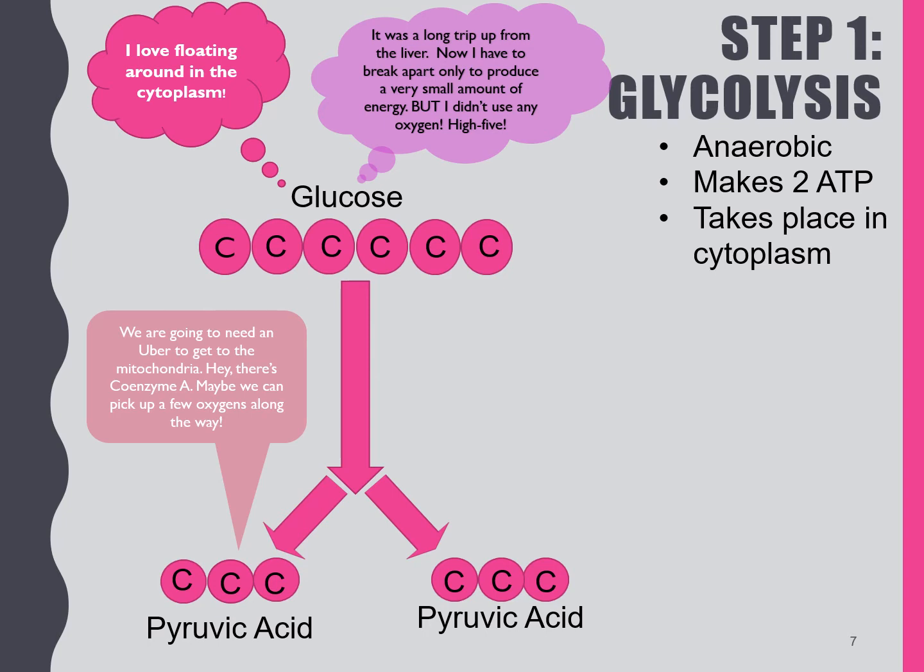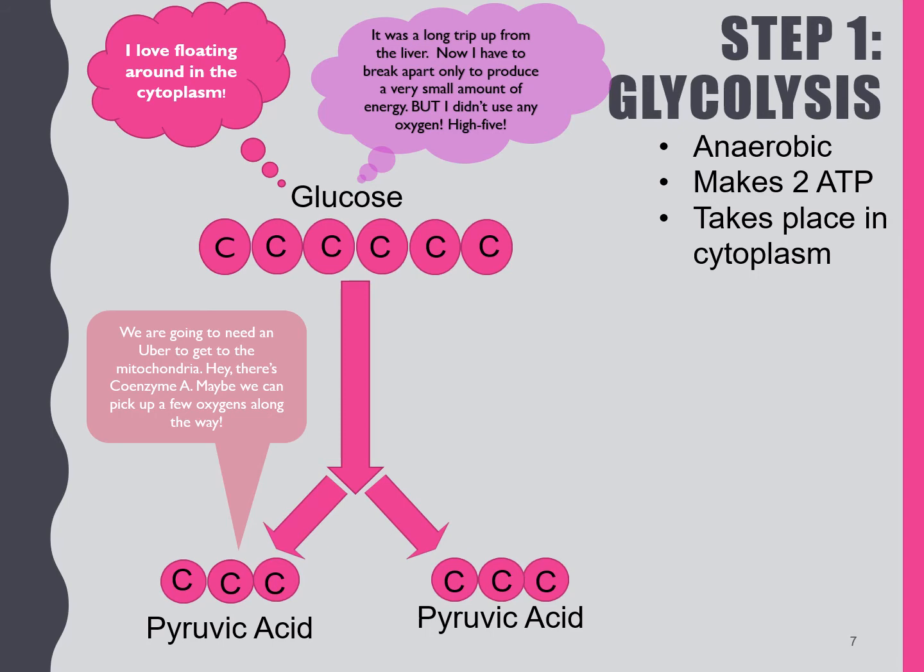What happens is glucose is going to get broken again, all right? And it's going to get broken into 2 molecules of pyruvic acid. You see them sitting down here at the bottom, 2 3-chain carbon molecules. We call those pyruvic acids. Okay, so glucose gets broken into 2 pyruvic acids, and then they need a little bit of assistance to move